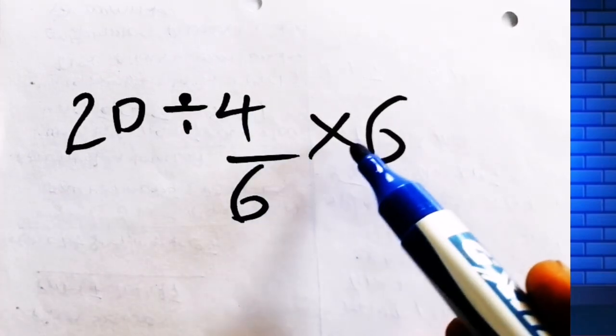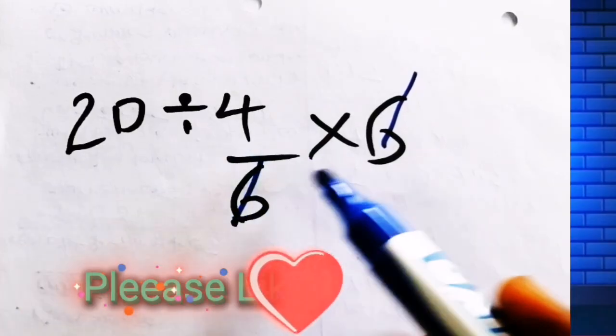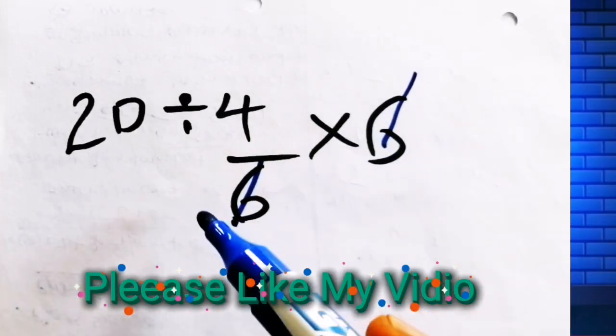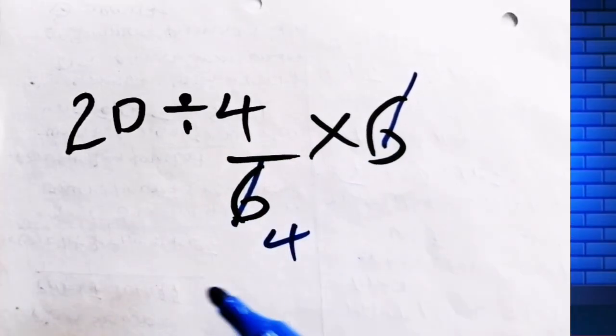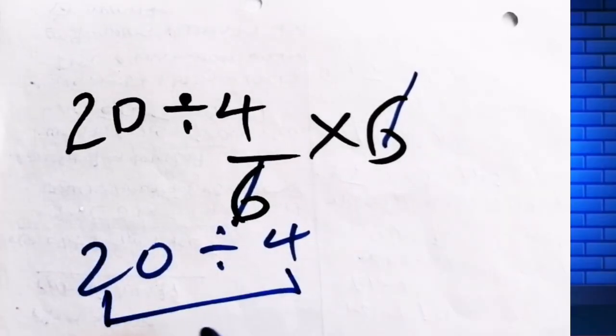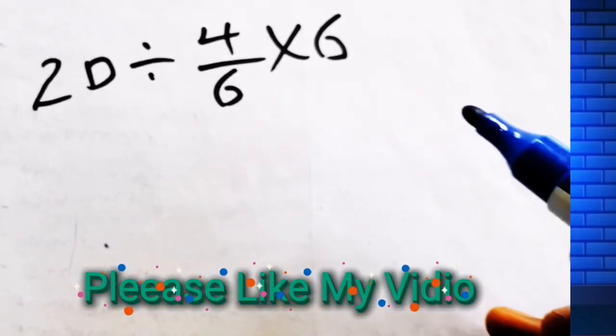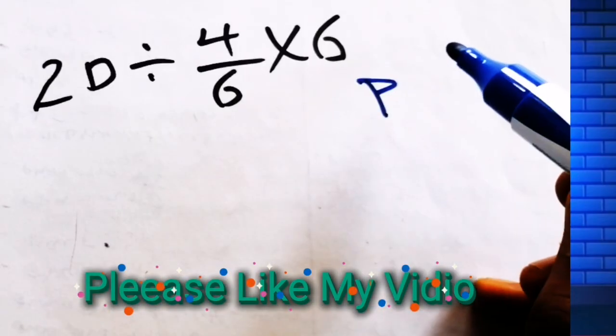4 over 6 times 6 by 6, 1 by 6, 1. Okay, therefore here 4 times 1 which equals 4, then 20 divided by 4 which equals 5. Okay, but this answer is not correct, because according to the order of operations PEMDAS, first we have to do parentheses,